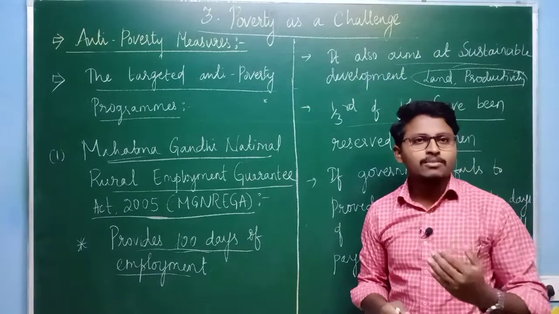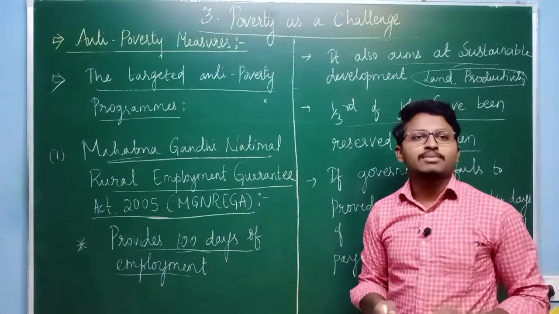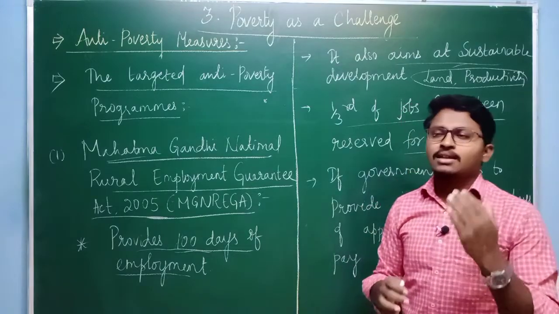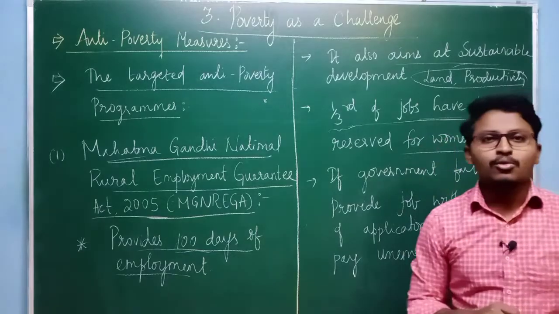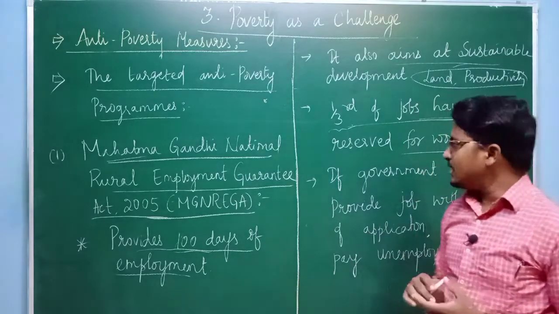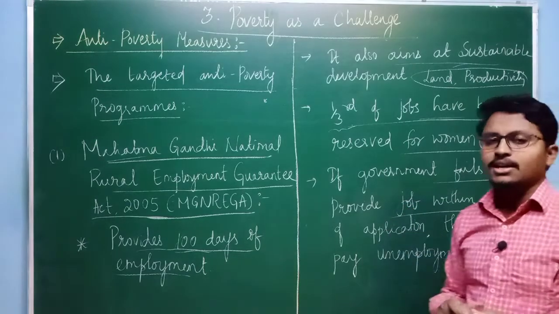So in order to improve the standard of living of women, and at the same time to make them independent, the government has also reserved 1/3 of the jobs for women in this scheme. Then the next one is, if the government fails to provide a job within 14 days of application, the government will